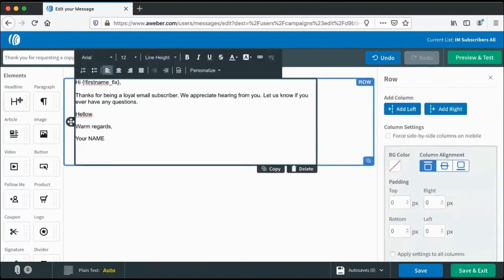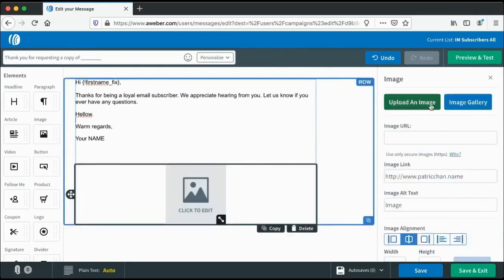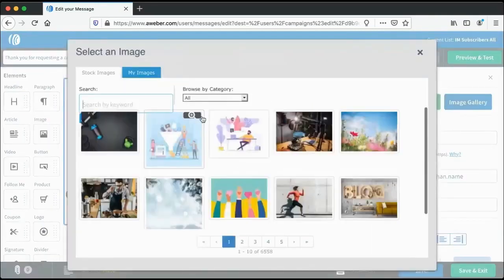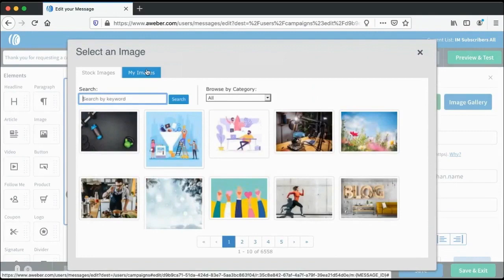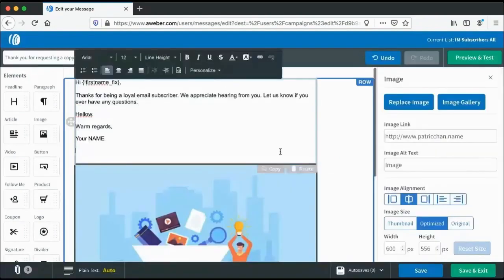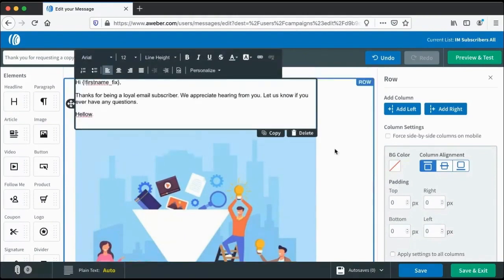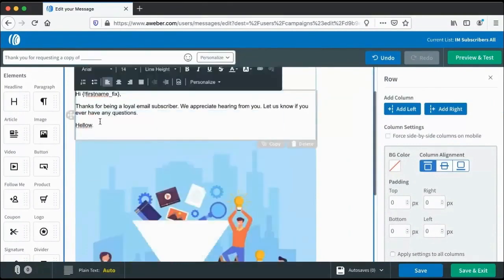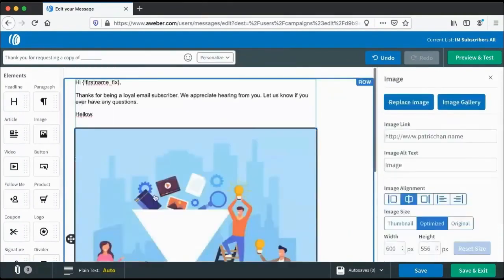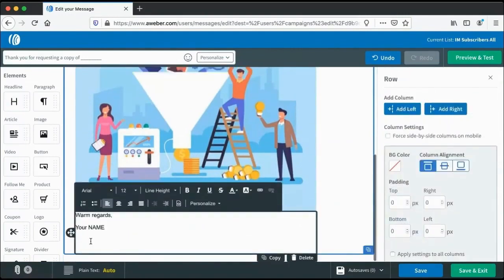But AWeber has all these cool functions where you can add stuff. So let's say you want to add an image, you can just drop this here and then click on image. There's an image gallery. So I'm not going to click on my images because I don't want you to see my own personal images. They're just for the sake of demo. I will just go ahead and click this. As you can see, the image starts coming up. Okay. This image could be any image that you have. And instead of me typing again, I can just copy here and move this here and then I could just say warm regards.